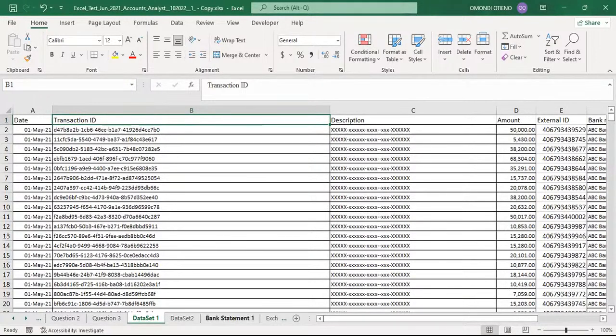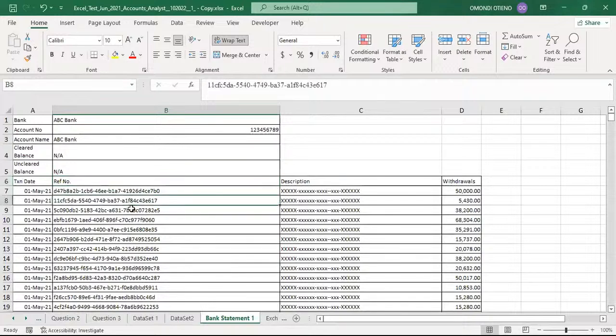If I come to dataset 2, these codes here are the same, but they are now given a different name, which is reference number. So the transaction ID and reference number represent the same thing in this information. And therefore, we are going to apply this as our identity key using VLOOKUP to reconcile these lists. So one, these lists can be different. The difference can be caused by one,